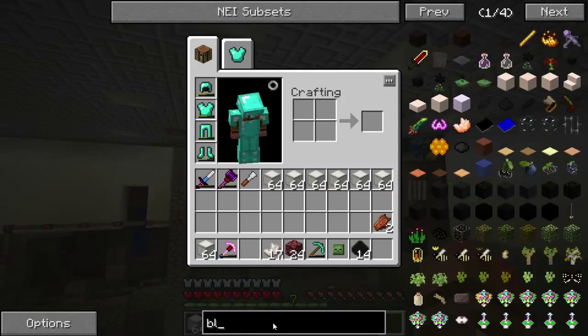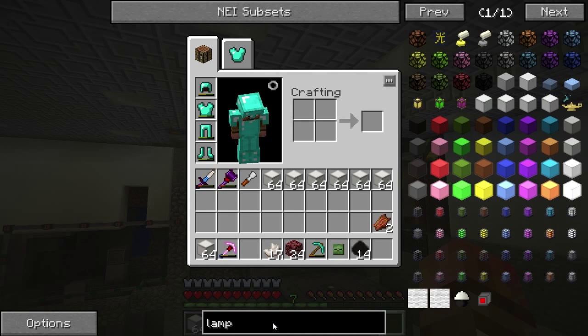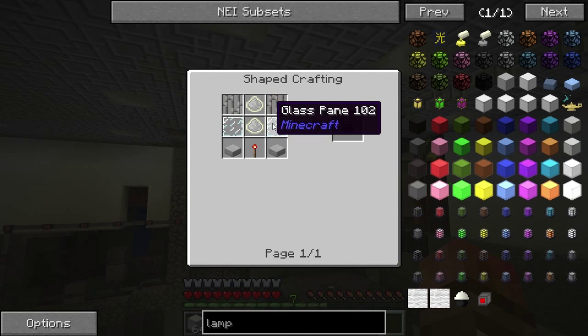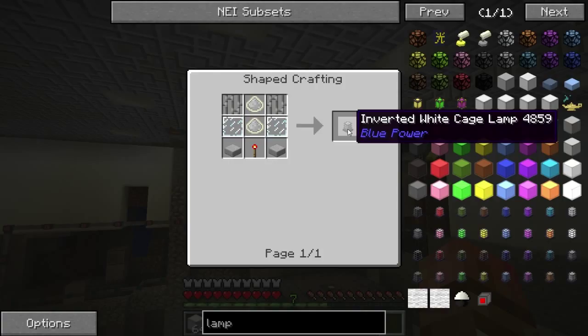and I don't know how I'm going to space that, but if we look at our options for, I don't know if lamp is the proper word, I want to try and use these guys, and I need the inverted ones, inverted white cage lamps. Okay, white lumar. You know, this might be a little too...